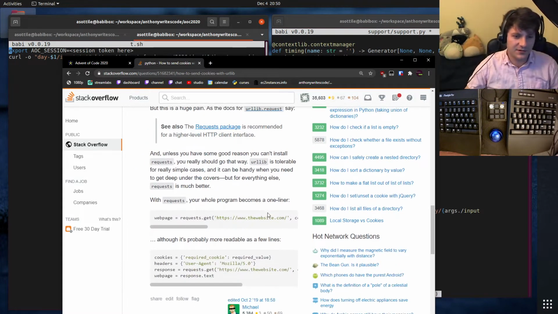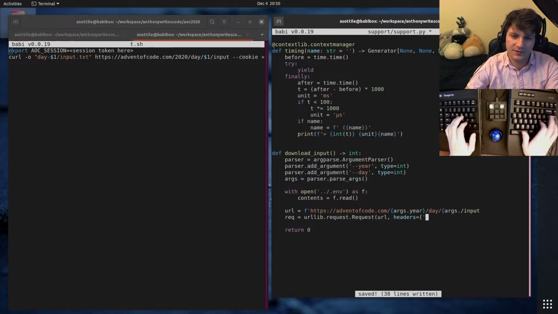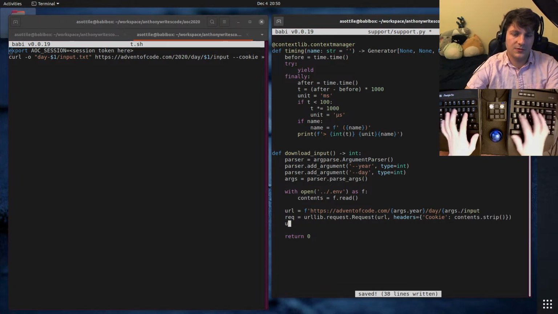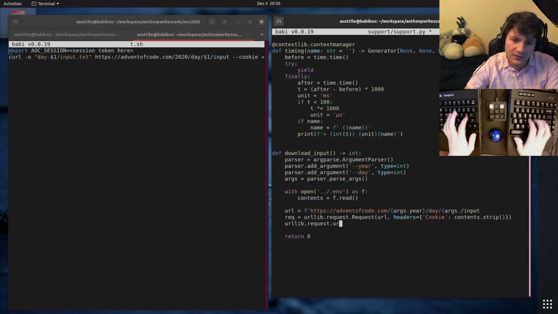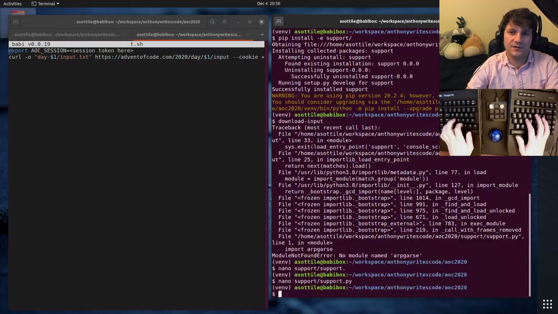I think we can just fudge this with a cookie header. Headers equals cookie contents dot strip. url_request.url open url open rec.read.decode. Break a point. Alright, let's try this.